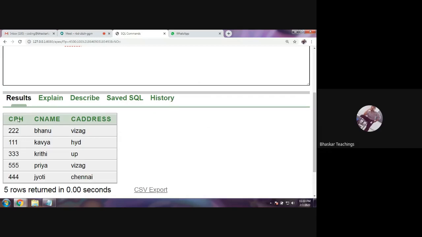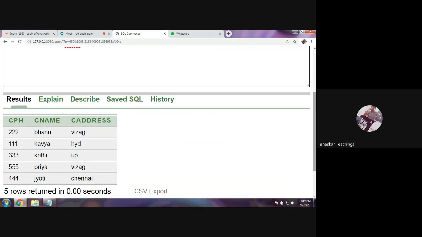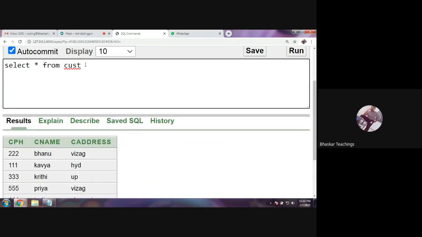This CPH is referenced there, right? Okay, fine. So now my requirement is, let me add a new column here, a rating column, and I shall give rating to these customers based on their order details. So first let us add a column to this.